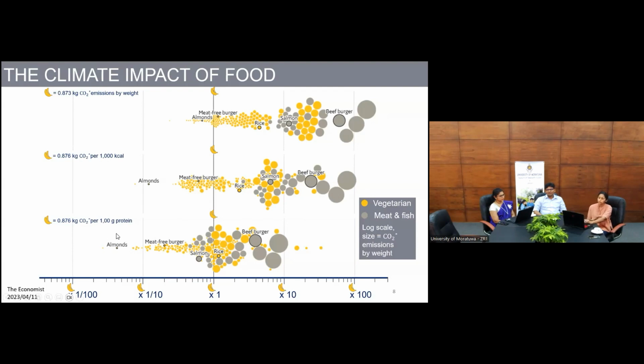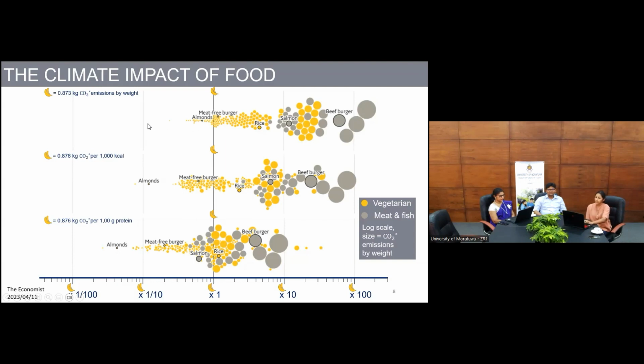And the last one is showing you per 100 grams of protein. So what I particularly like about this visual is it relates things in a way that anyone can understand. When you say everything relative to a banana, that automatically changes the way you're thinking. It's something that I can relate to. Everyone knows what a banana is, right? It also separates the veg, non-veg in a kind of clear and contrasting way. Gray is non-veg, yellow is veg.